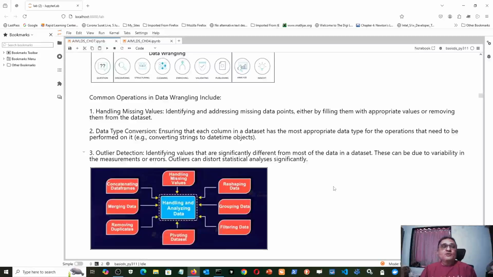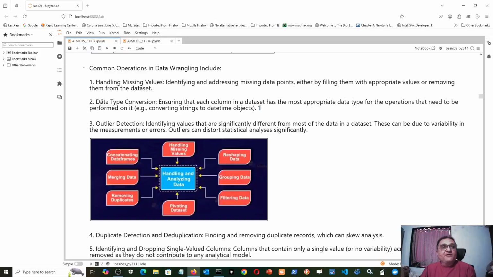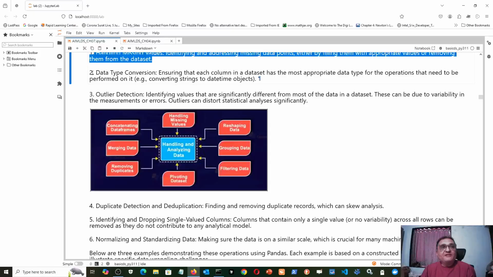Hello and welcome to the sixth lecture in chapter number 7 of our comprehensive course on AI, machine learning and data science. Now, the name of this chapter is data wrangling with pandas. And so far we have done these things. How to handle missing values using pandas,